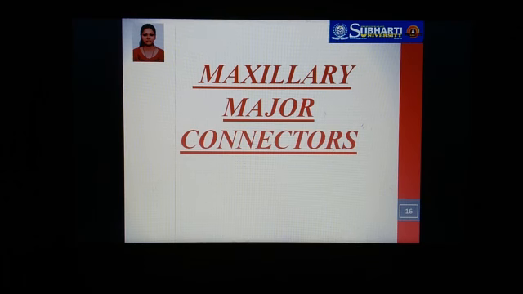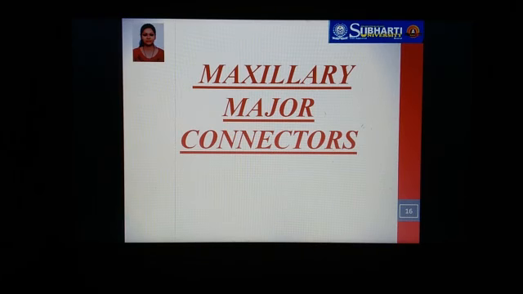So for that, what can we do? We have to ensure that the edges of the connector are rounded, not sharp, and away from delicate soft tissue such as rugae. So we have to ensure that the anterior border is at least 6 millimeters away from the marginal gingiva. For that, we discussed that for the most prominent rugae, only the posterior slope should be covered, and the anterior slope should be left uncovered.